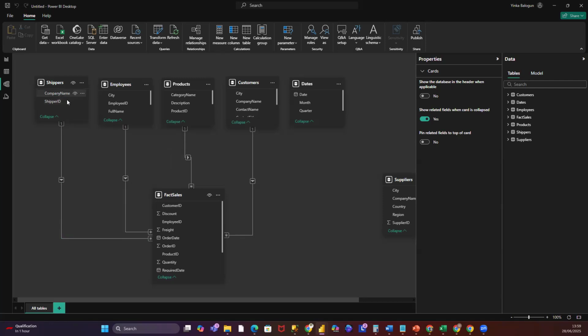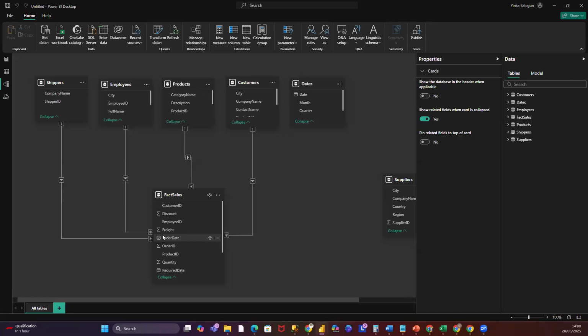That is why you see one occurrence here and many occurrences in the fact table, because this is where all the shipments that each shipper handles are recorded. If within a month a shipper has handled 100 shipments, then it is recorded in the fact table, right? But the dimension table, which is the shippers, is just where you keep the attributes or the properties of that shipper. And the same thing goes for every one of the other